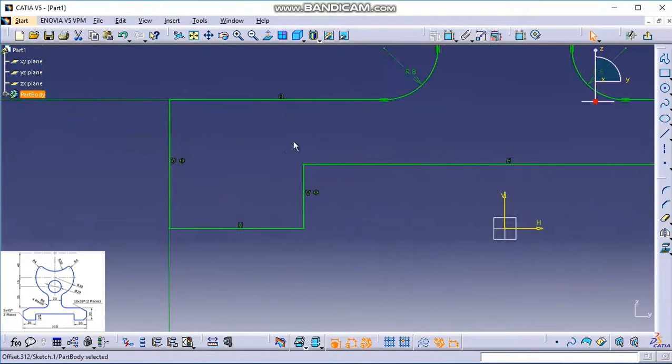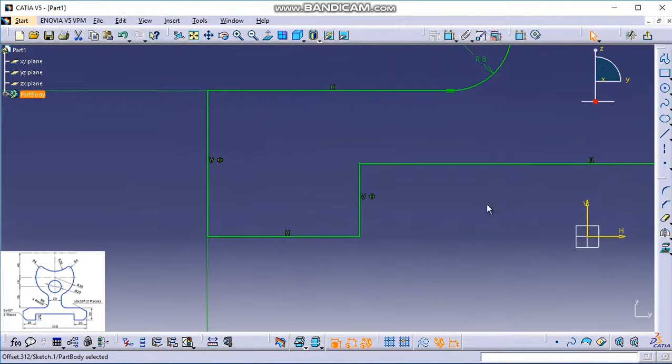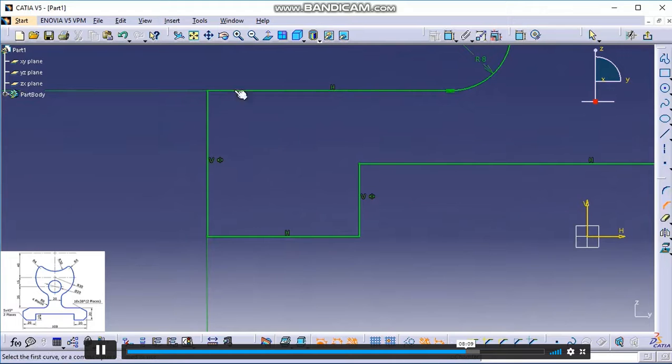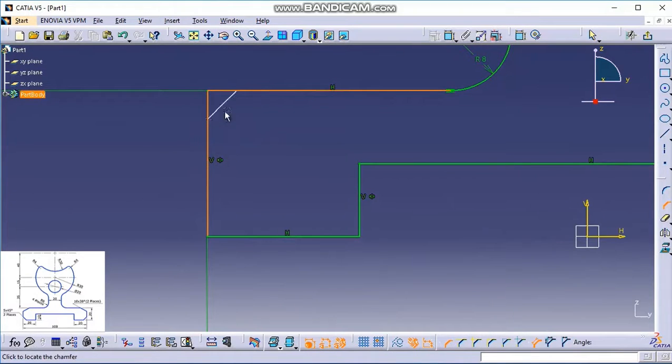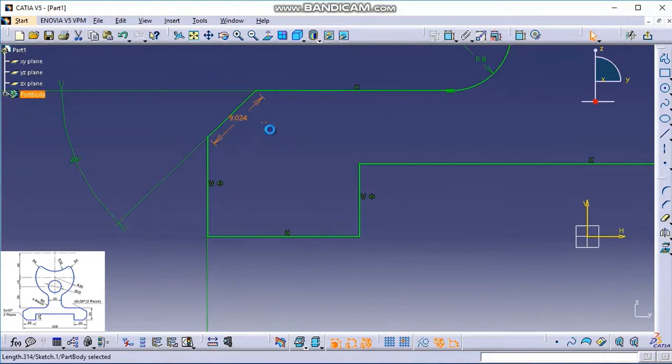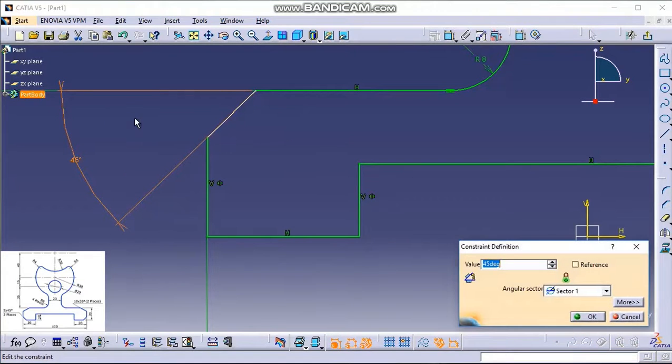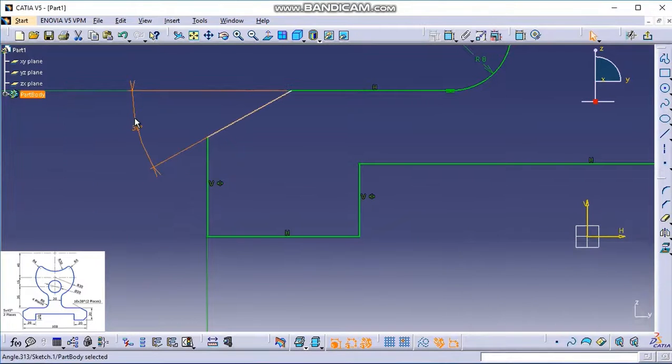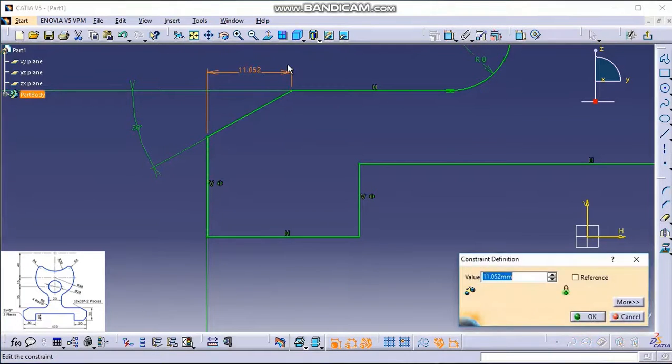Similarly, this side also we will create the chamfer. Chamfer between this line and this line. Delete this dimension. Double click here. This value is 30 degrees. And I'll take dimensioning. Distance between here to here. This is 10.